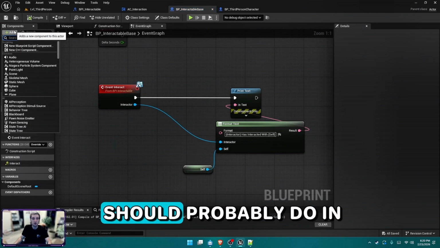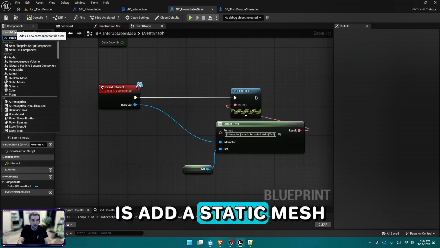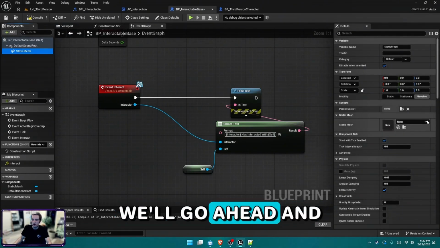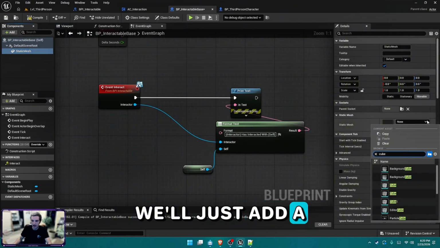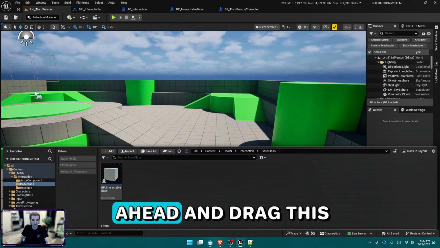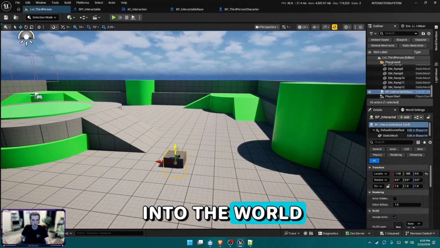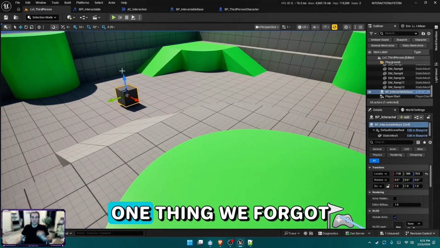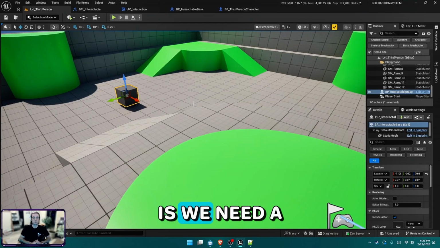Oh, another thing you should probably do in your base class is add a static mesh. We'll go ahead and add that. We'll just add a cube for right now. That's good enough. Now you can go ahead and drag this into the world. Click play. Oh, one thing we forgot to do is we need a way to call the trace function in